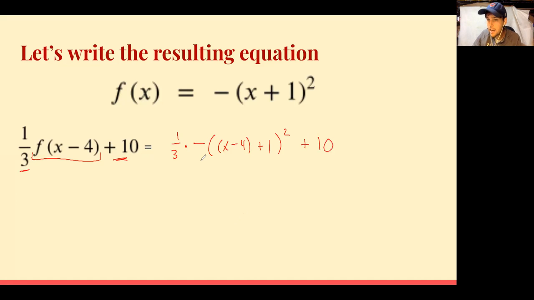So now I've got everything in there, and I want to do a little simplifying. Well, the negative and the 1/3, I can just put those together. Now on the inside here, I can combine some like terms. I have -4 and plus 1, so that's going to be -3, plus 10. So now I've put it together, and I like to leave it in this form,